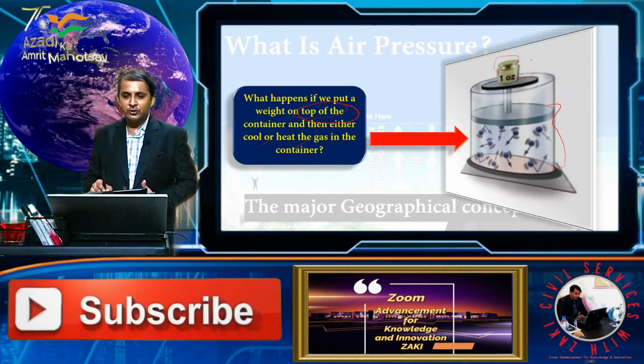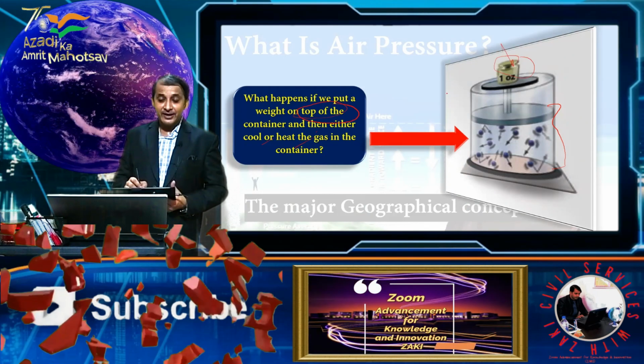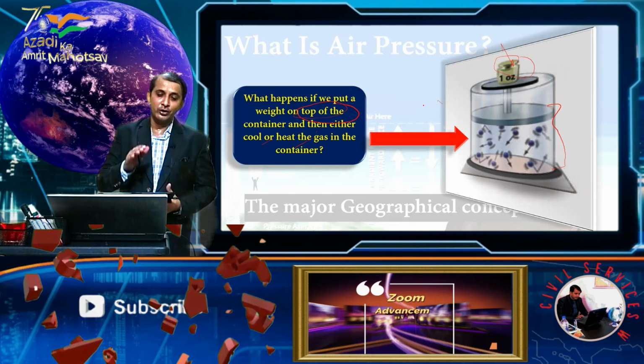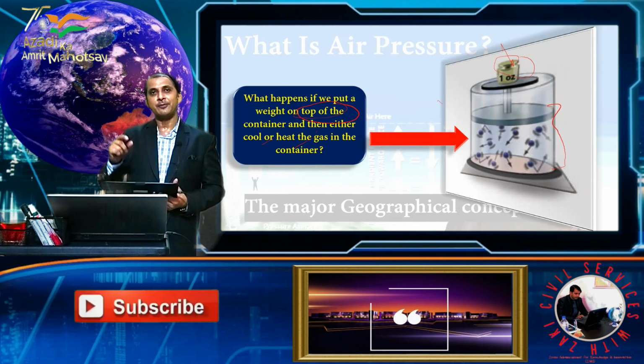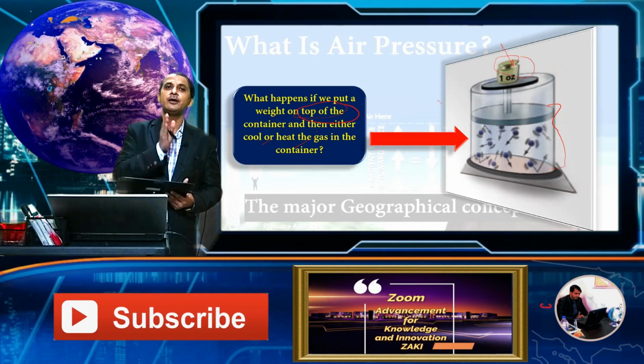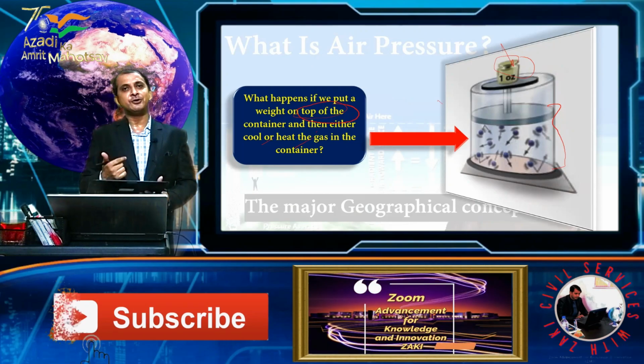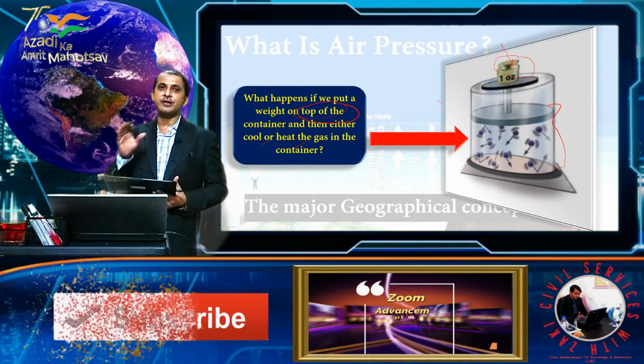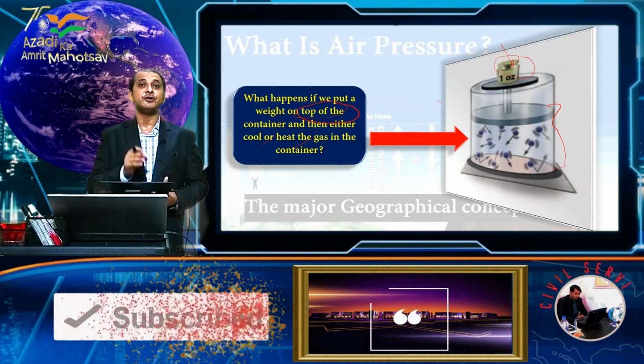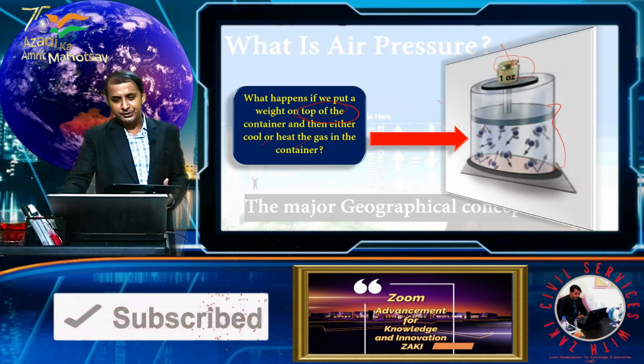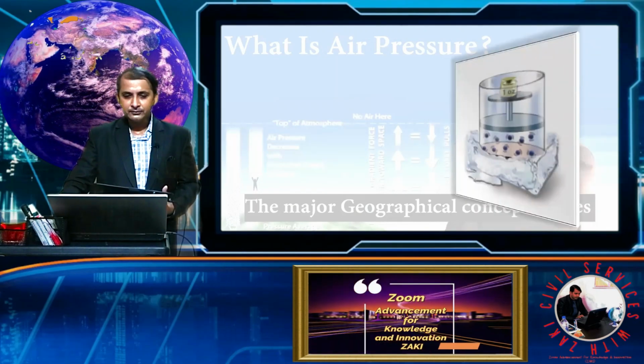So we put weight and then heat or cool. So what happens with these types? What is the impact of the thermal? Basically, as you know, our atmospheric circulation is based on the thermal circulation. So see here,